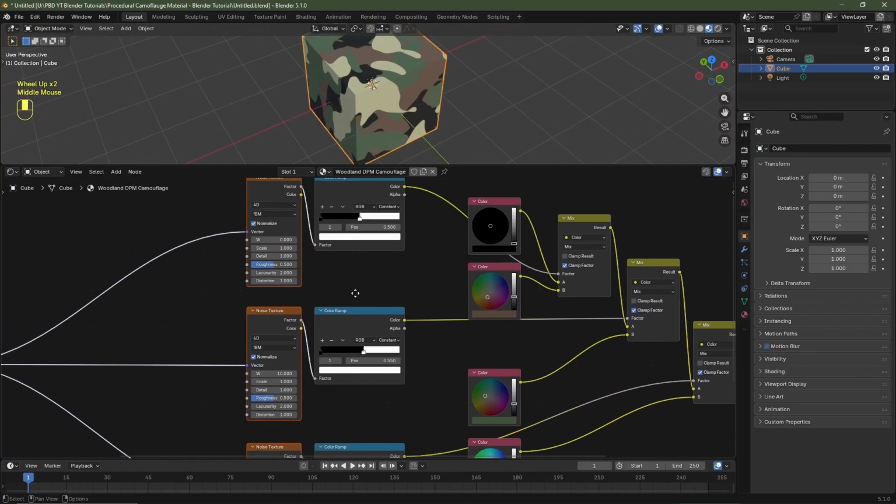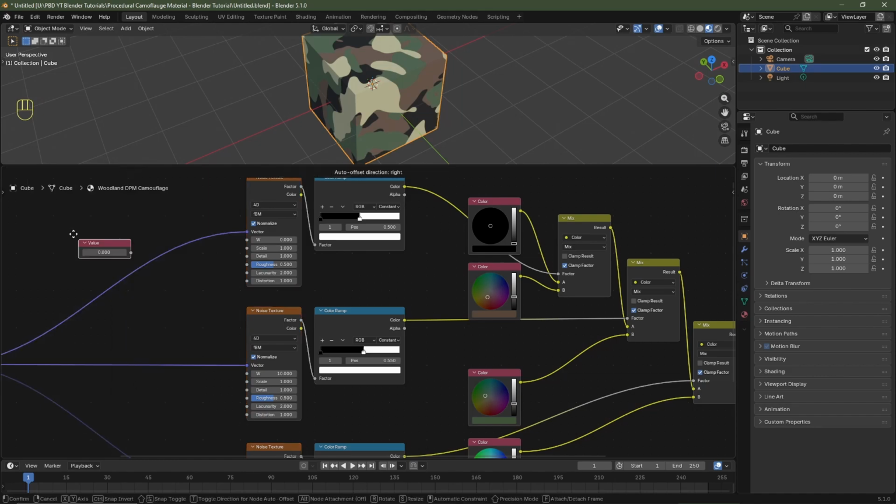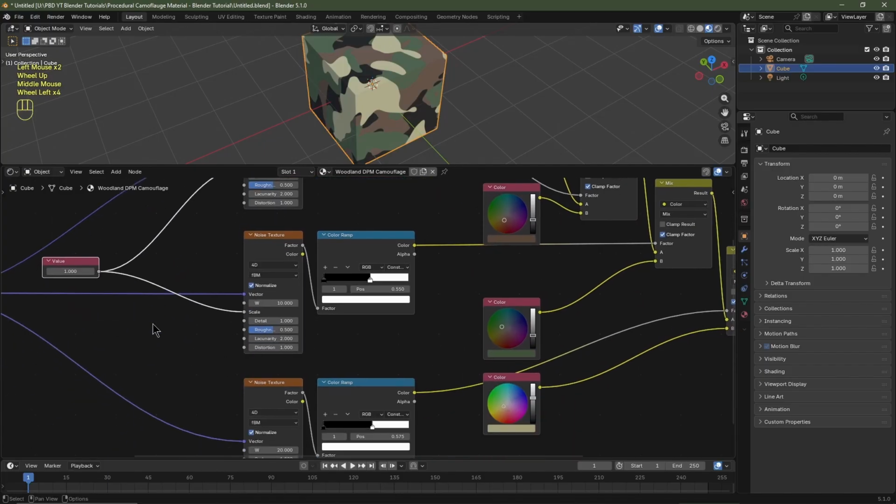So we want to be able to change the scale, but we want to be able to change the scale of all of these noise textures at the same time. To do that, I'll hit Shift A, we go Input, and we'll choose Value, and we'll pop this over here. I'm going to change the value to 1. I'll then connect the socket from this value node into the scale of this noise texture. I'm going to connect it into the scale of this noise texture, and I'll also connect it into the scale